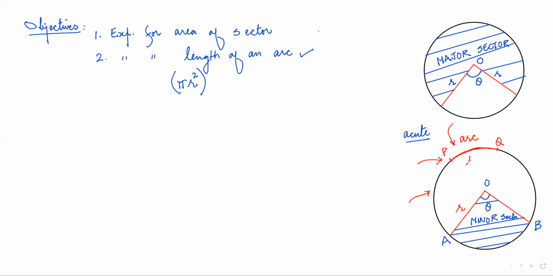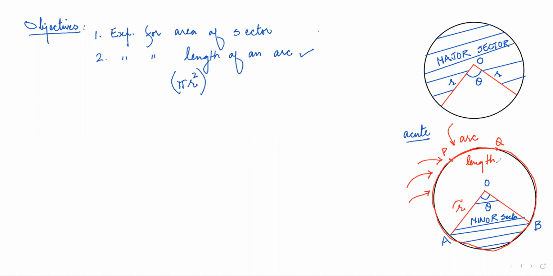How can we find the length of this arc? See that students, the clue is very simple. Imagine if this point P starts moving like this and ultimately covers the entire circumference and the point P comes back at Q. Can anyone tell, if r is the radius of the circle, how much is the distance traveled? This total distance from Q to Q, the circumference of the circle, is equal to 2 pi r.